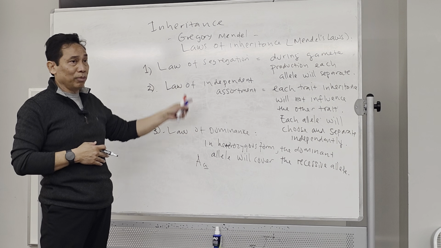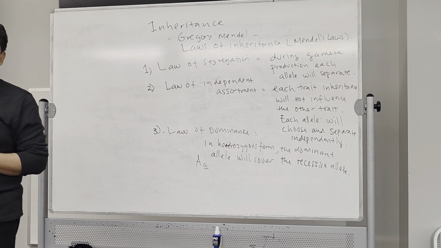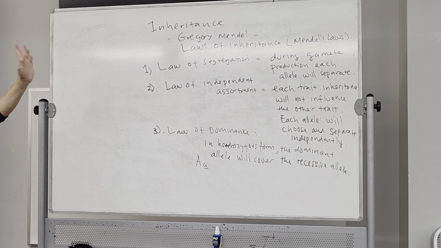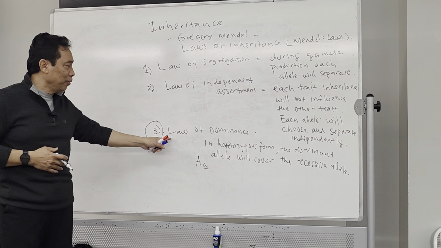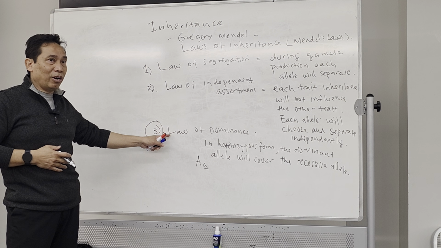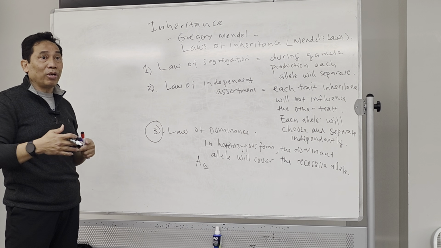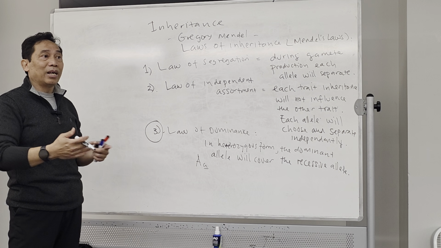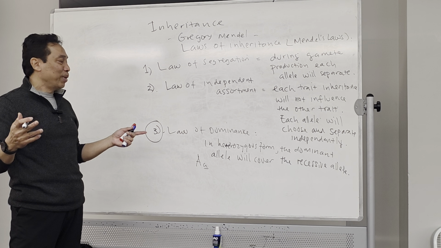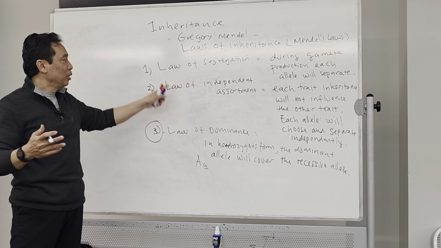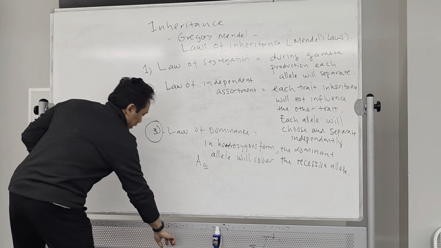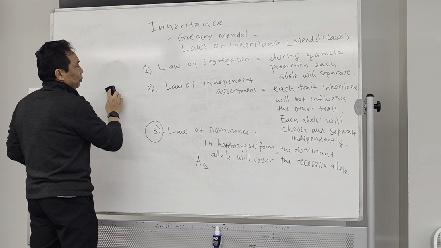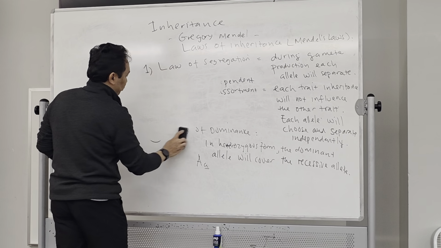This is what Mendel found when he performed his experiments, so he made these three laws of inheritance. Just for information, the last one will be changed later because he actually didn't know that there is another way of covering up. It's not only dominant, sometimes incomplete, sometimes codominance. But right now we're going to use his laws to understand the following examples. We're going to start with the first example. I'm going to erase this one first.